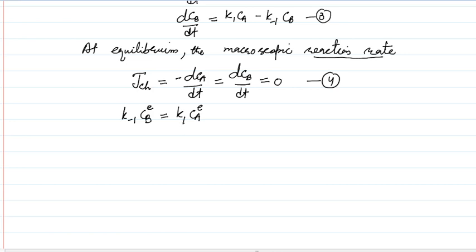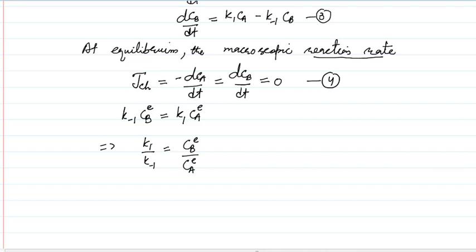And we know K1 is the rate of the forward reaction and K minus 1 is the rate of the backward reaction. So if we rearrange this relation, we can write K1 upon K minus 1 will be equal to CB equilibrium upon CA